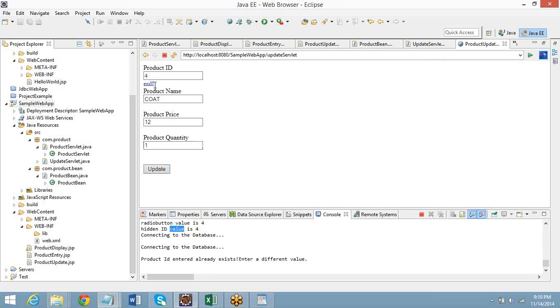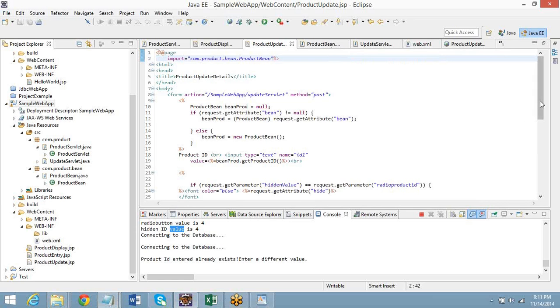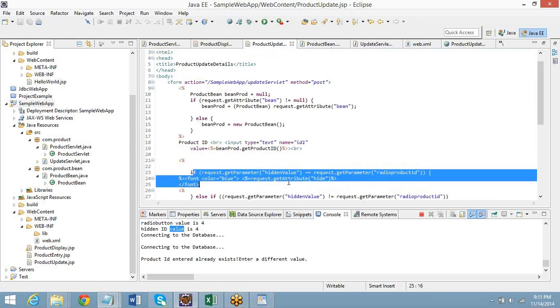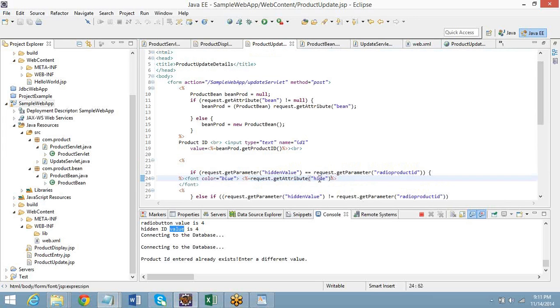I haven't done the validation properly in the JSP page, so it's giving null. Here I've said if the hidden value is equal to the radio button, just get the attribute of the hide message which I've used in the update servlet. So it had to say product not changed or some string I have used there.